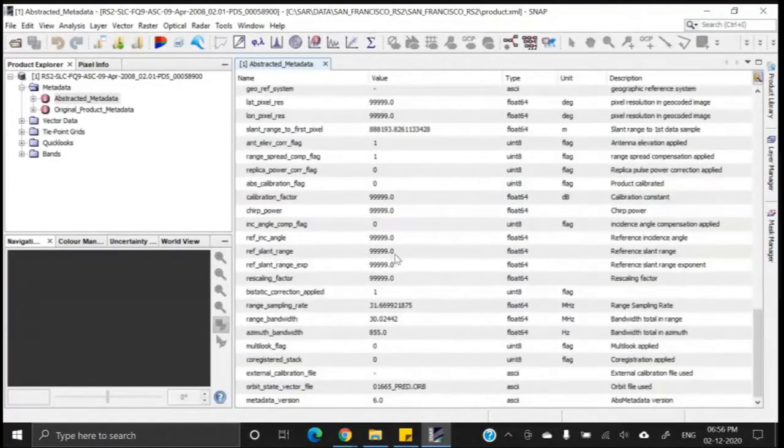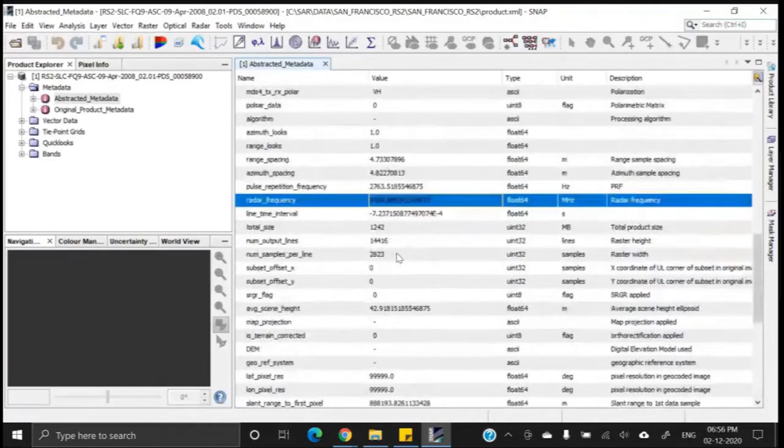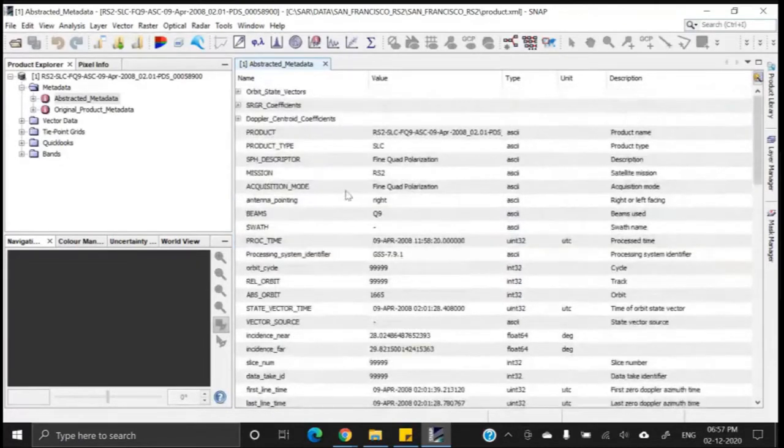So all this is huge information, a lot of metadata information is there. Okay, and definitely this metadata information will help you to understand the product, what kind of data, from which sensor it was captured, when it was captured, what is the geographic extent. So all these things you can get.